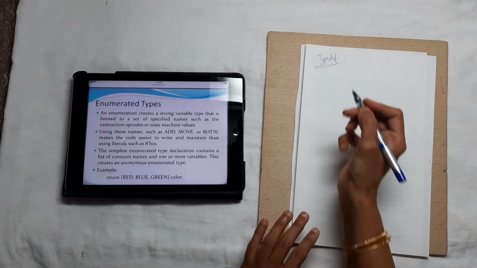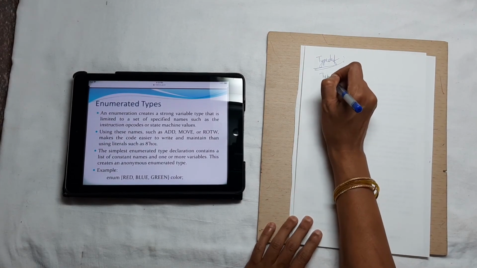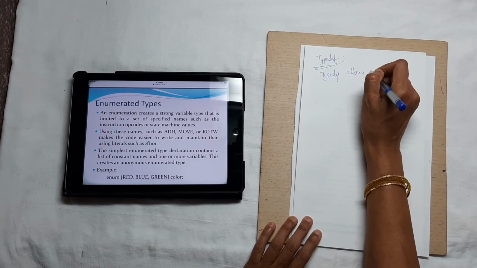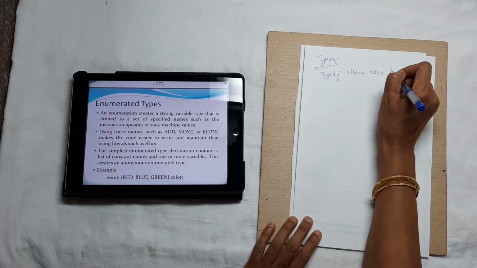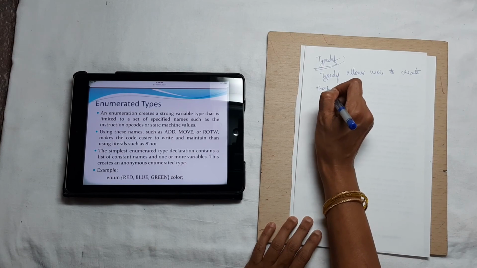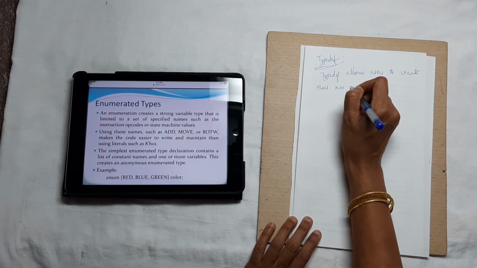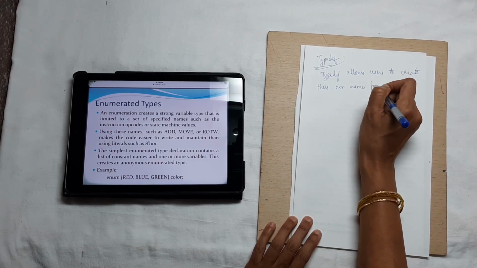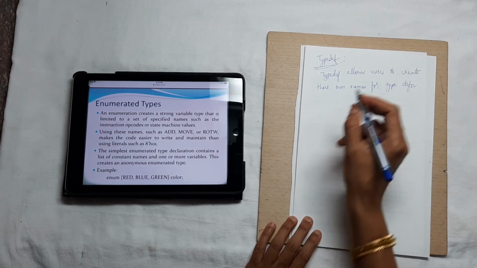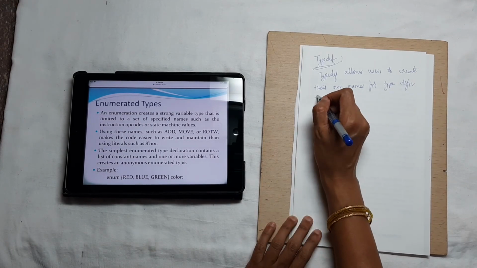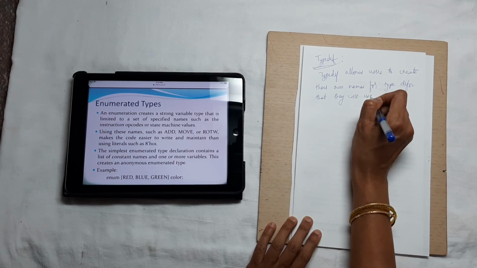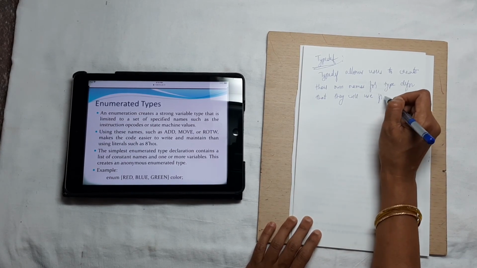Typedef allows users to create their own names for type definitions that they will use frequently in their code.